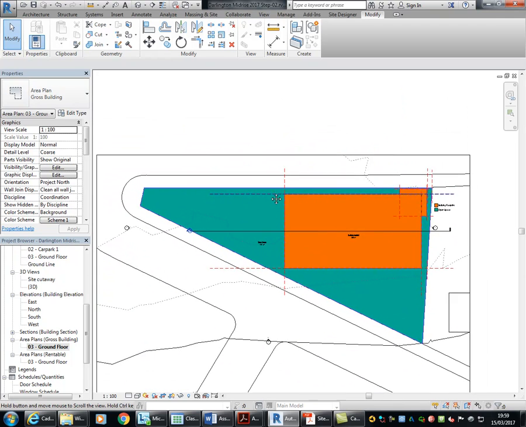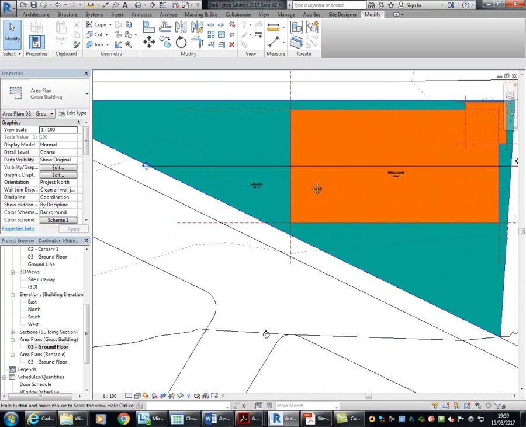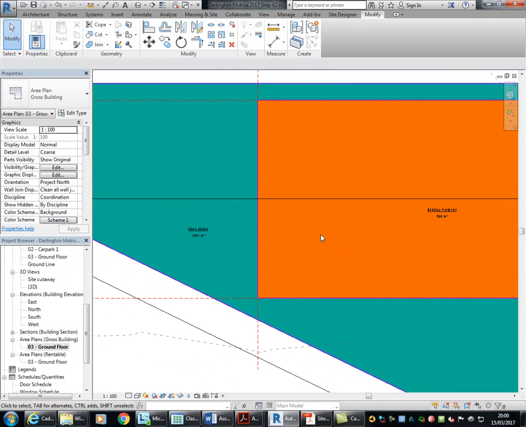But once you know how Revit can do it, that might make your life a bit easier. And so here we've got these 2 numbers, which added together give us the total site area. But there's another way of getting that, which I might just check to make sure you know before we look at the